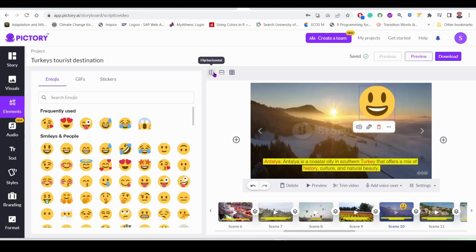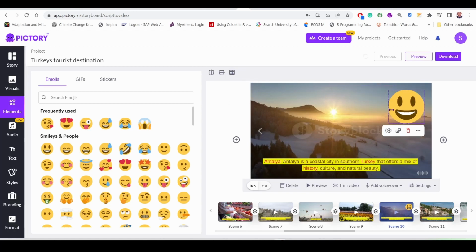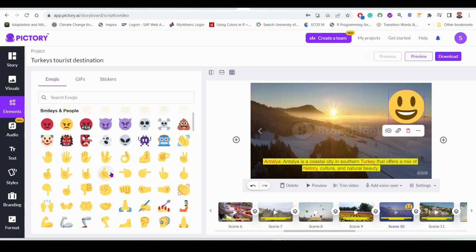On the top part you can flip horizontally. You have to click here: flip horizontally, flip vertically. Horizontally, because the left and right side are the same, it's actually changing but we cannot see it. And you can flip it vertically and place it. Sometimes to save time, for example if I want to place it on the top right corner, it will automatically go there. It is a grid of 9 positions in the scene. If I want to use this one,